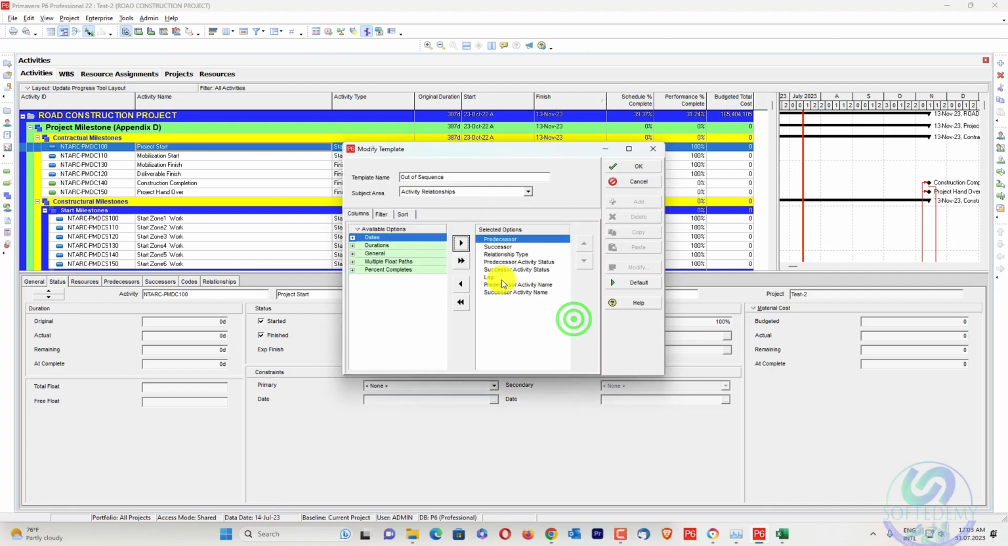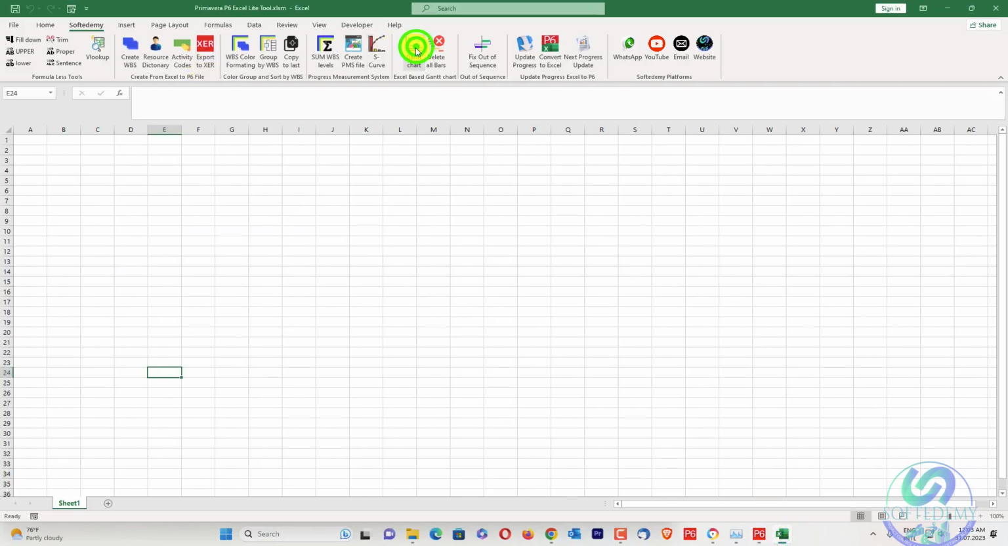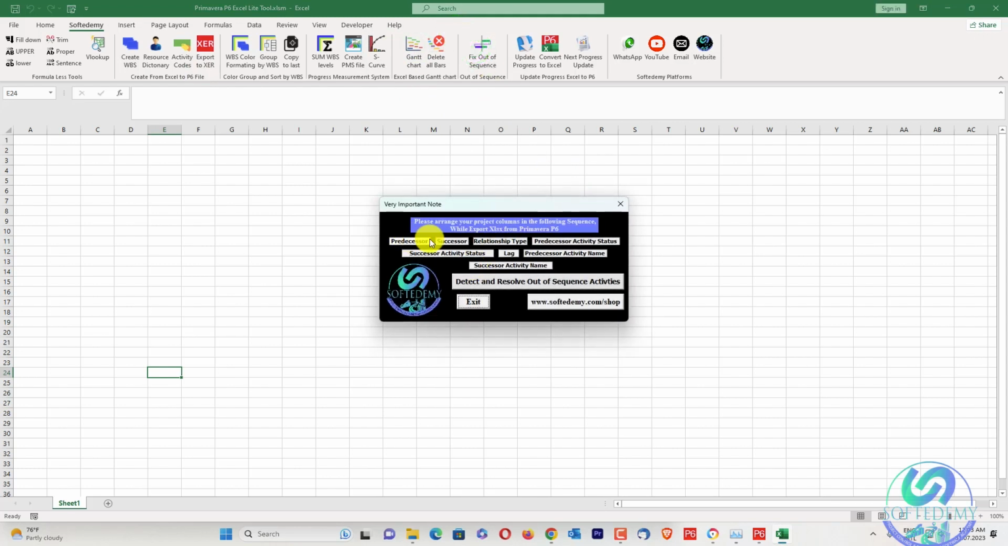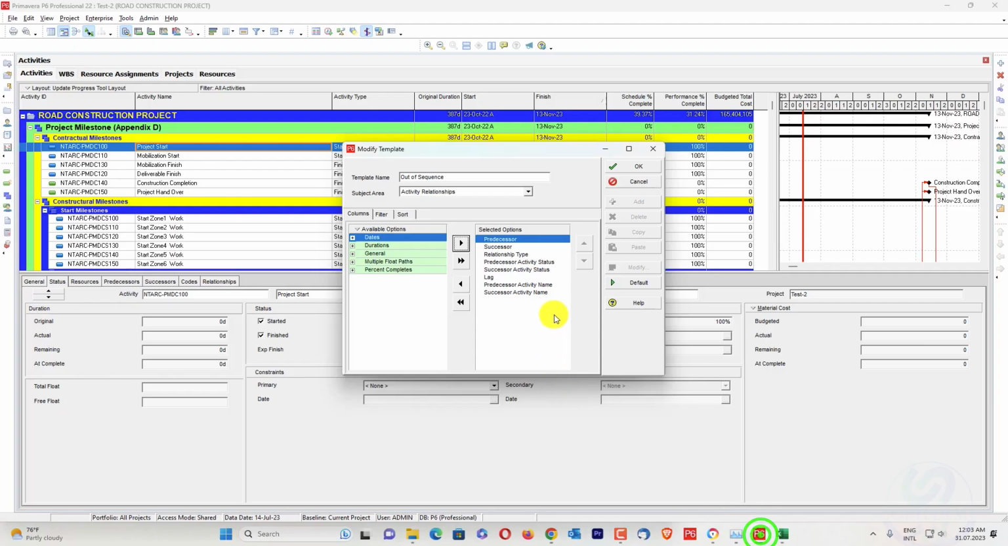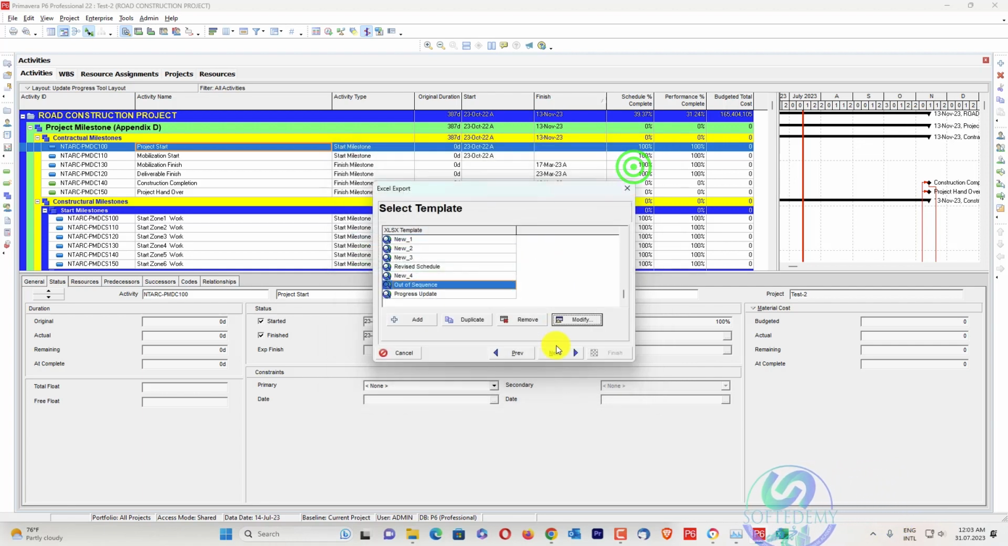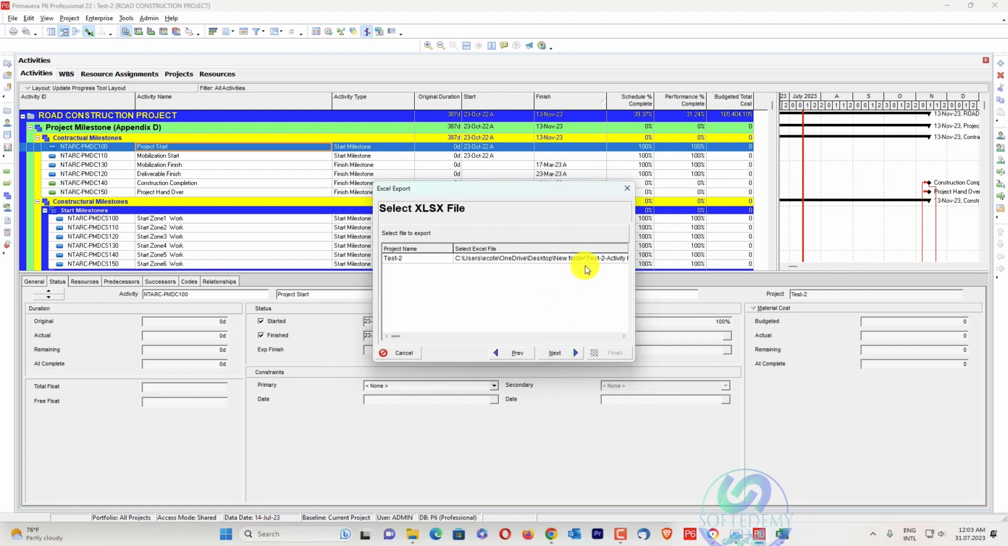You can see here modify with the predecessor, successor, relationship type. The same which I required here. You can see here the same. You can see here fix out of sequence: the same predecessor, successor. The same list. You can see predecessor, successor, relationship type, predecessor activity status, successor activity status, lag, predecessor activity name, successor activity name. Press OK. Next, and I will go here in the